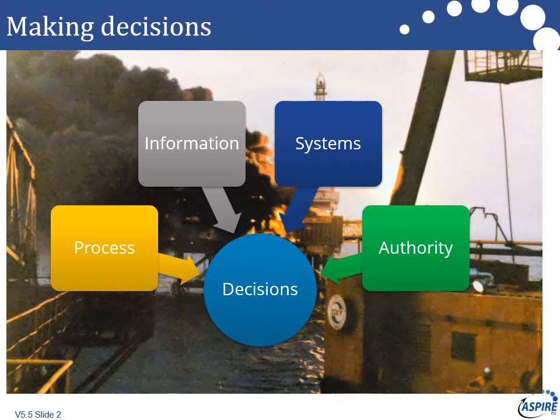Now, the systems to support that reduce the risk in the gamble. So we need systems to support information so that we get it provided to us in a timely manner, and we need to have systems to make sure that that decision is verified and is actually put into place, because if you can make a decision that isn't put into place, then your governance is weak. Now, importantly, we also need to think about authority. Who has the right to make these kinds of decisions? They're normally based around financial authorities, but there's also around risk, strategic direction, and many other things we need to consider.